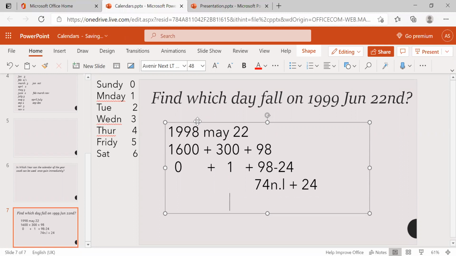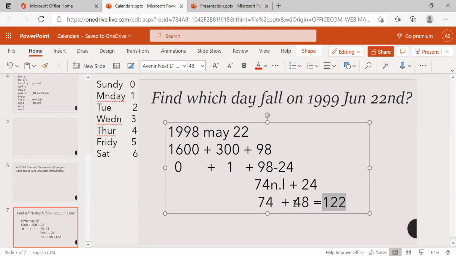And for 74 non-leap years, how many odd days will we get? 74. Plus, for 24 leap years, how many odd days? Every leap year has 2 odd days, so 24 years give 48 odd days. Then just add these two. 74 plus 48 is nothing but 122. This is for 98 years' odd days.